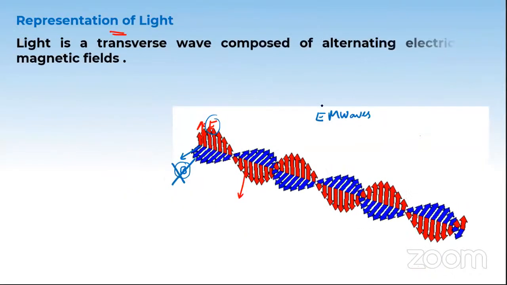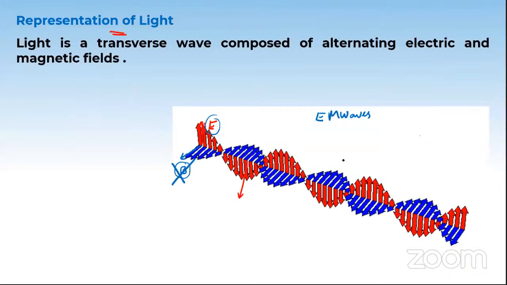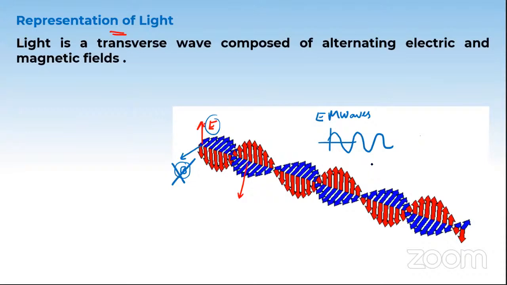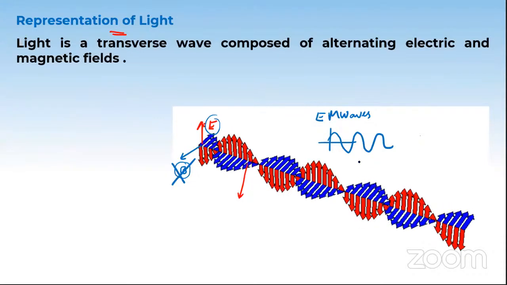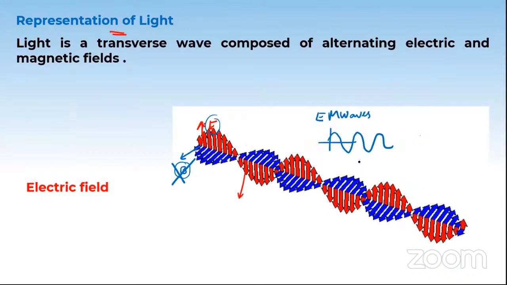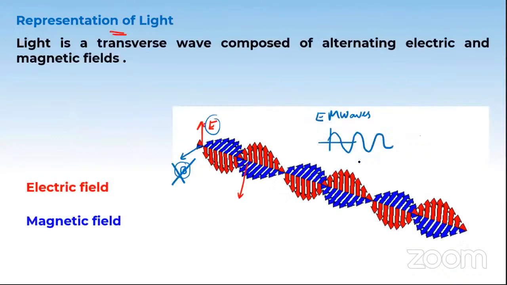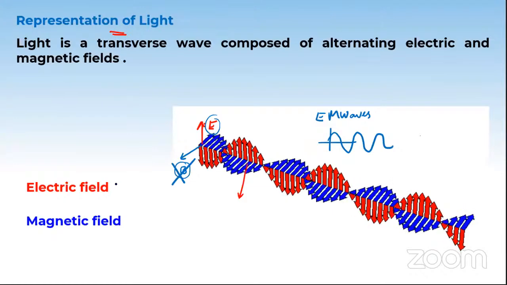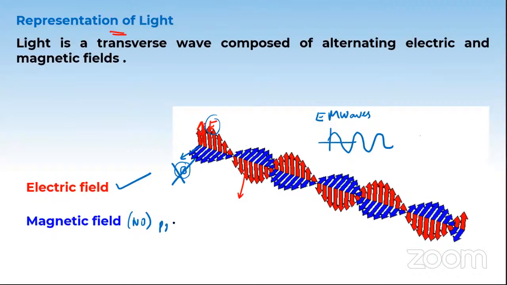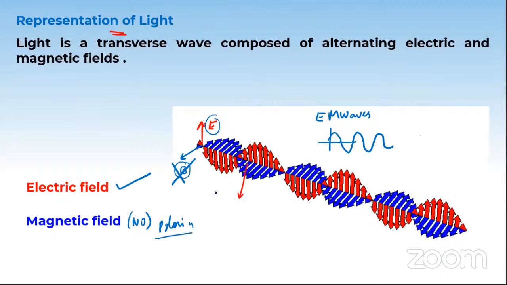And we also know that light behaves like a transverse wave. That means it goes up, it comes down, right? It's not a longitudinal wave, but rather a transverse wave. We know that already, and it is always alternating. As I already told you, red is electric field, blue is magnetic field, and we are going to consider only electric field. No magnetic interactions are considered for polarization, because they don't interact much with objects.